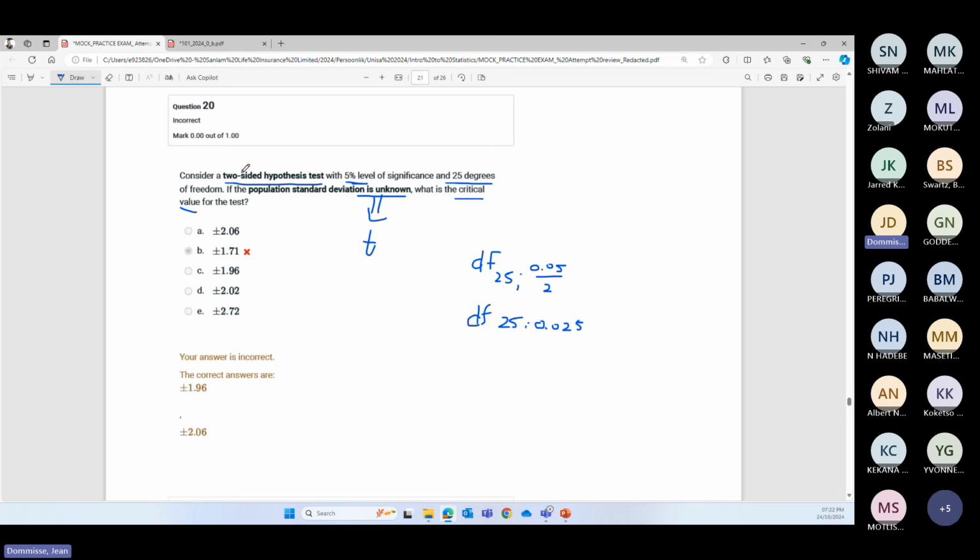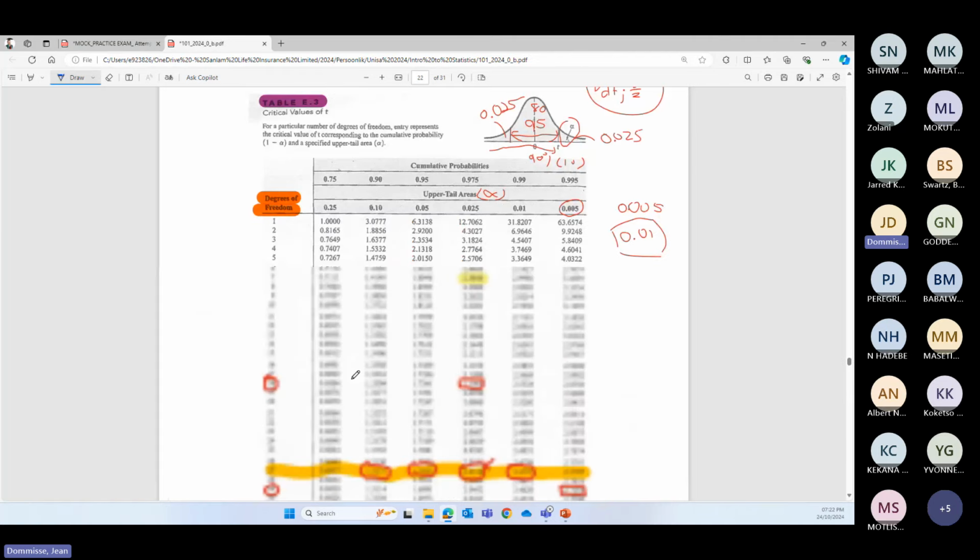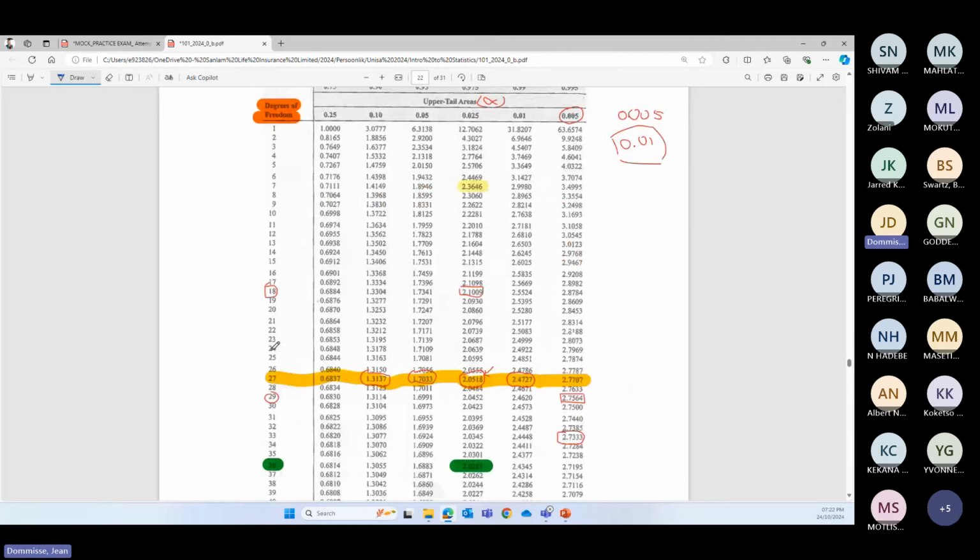Here it is two-sided. So two-sided means that we need to say level of significance divided by 2. So we're looking at 0,025 and 25. So degrees of freedom 25, and 0,025. So we have here